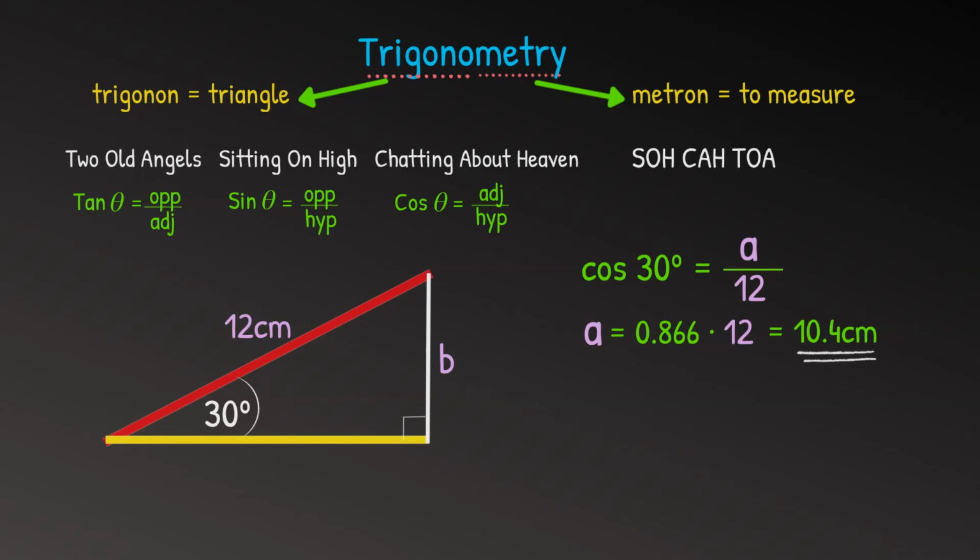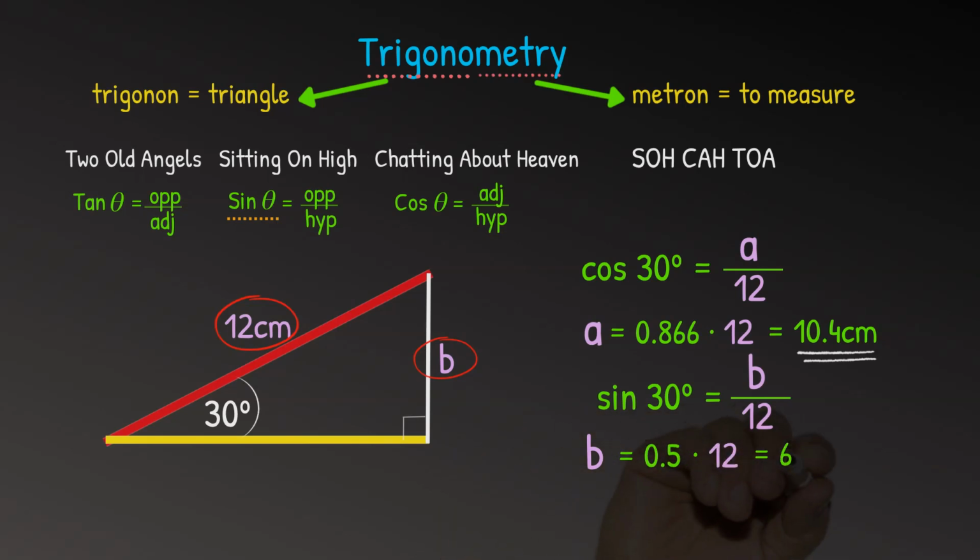Now, if we had the hypotenuse, but we wanted to work out the length of this side, B, we'd need to find an equation that had the hypotenuse and the opposite side in it. So if you look above, you can see that that would be sine of theta. Now, the sine of theta is equal to the opposite, which is B, over the hypotenuse, which is 12. Now, if you work out the sine of 30, you get 0.5. So by rearranging this equation, we get that B is equal to 0.5 times 12,